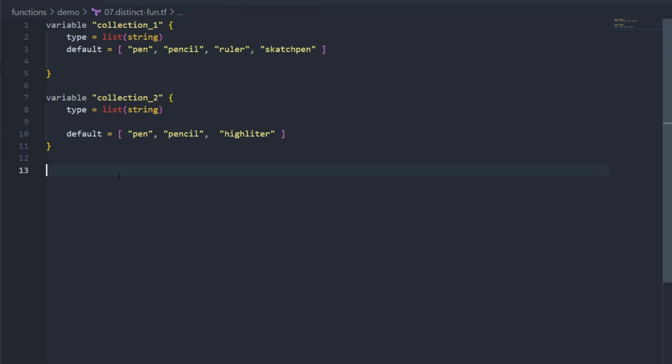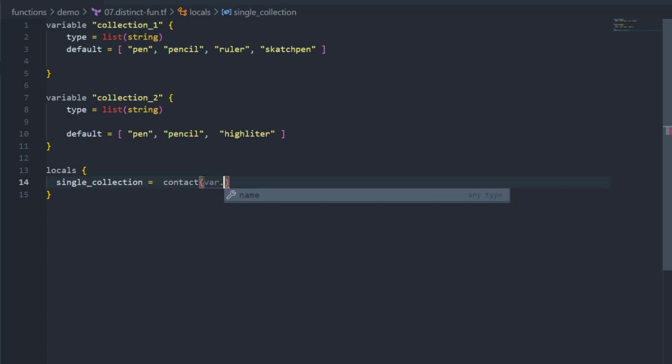In our case, we have two lists. So first of all we need to make a single list, and for that I can use, let's say, a local variable. First, single list collection, and I'm going to use the concat function.